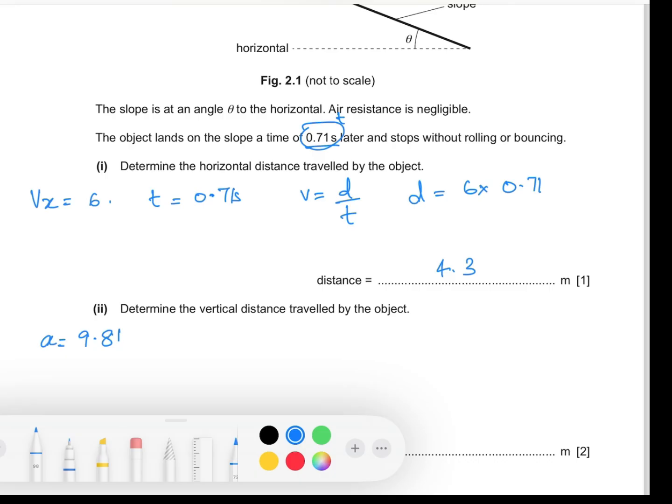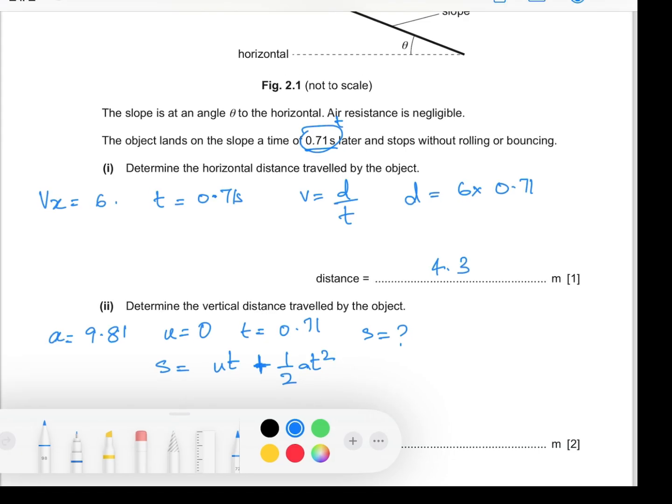We know initially the vertical velocity is equal to 0, and the time taken for traveling for both vertical and horizontal distance is always the same in such scenarios, which is 0.71 seconds, and we are supposed to find the distance traveled. In this case, the most suitable formula to be used would be displacement is equal to ut plus half at squared, because